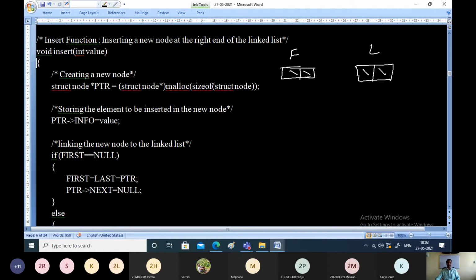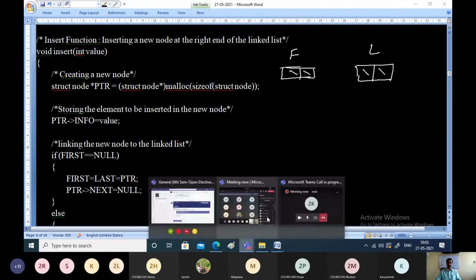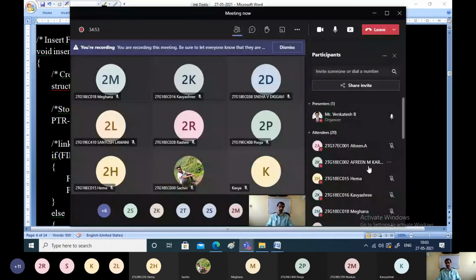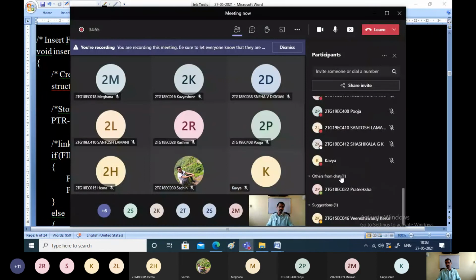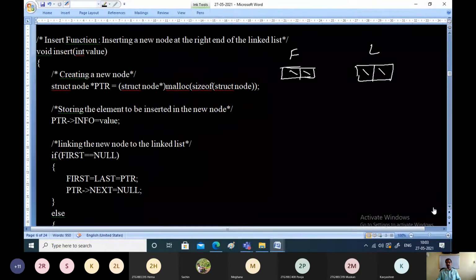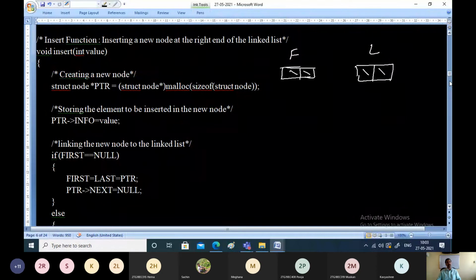I will write F for first, L for last. Right? Now this was the assumption we got in the beginning: first and last, that means there are no nodes. Now the entire linked list is empty.